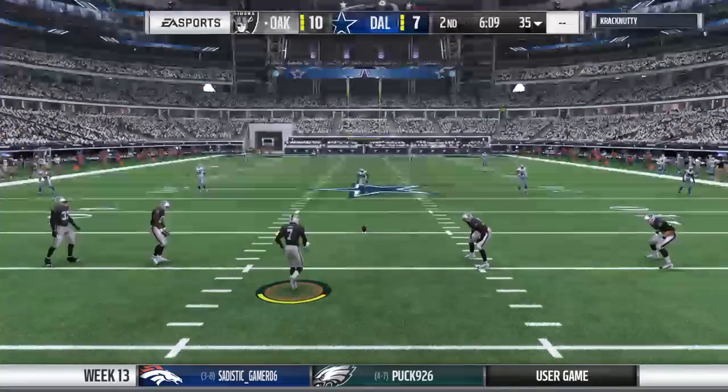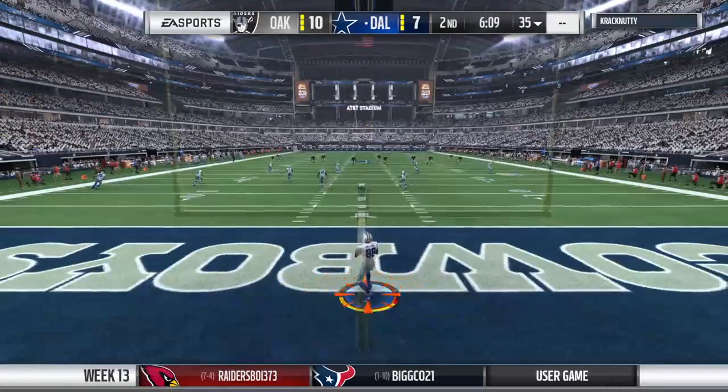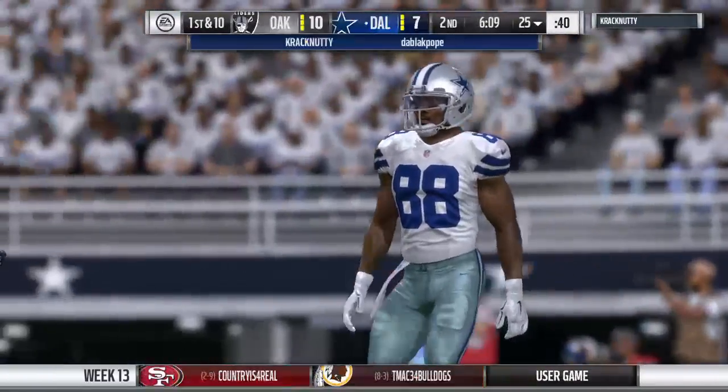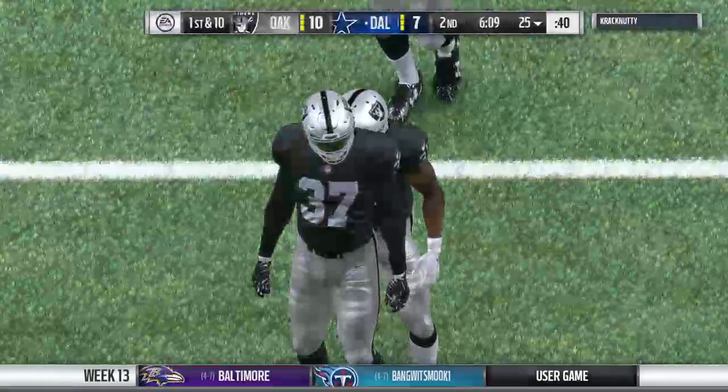On is the Raider kickoff unit now as they will send this one away. That'll be taken in the end zone, and no run back here. This will be a touchback, and it comes out to the 25-yard line. And now Dallas gets set to take the field. And a tight game after...